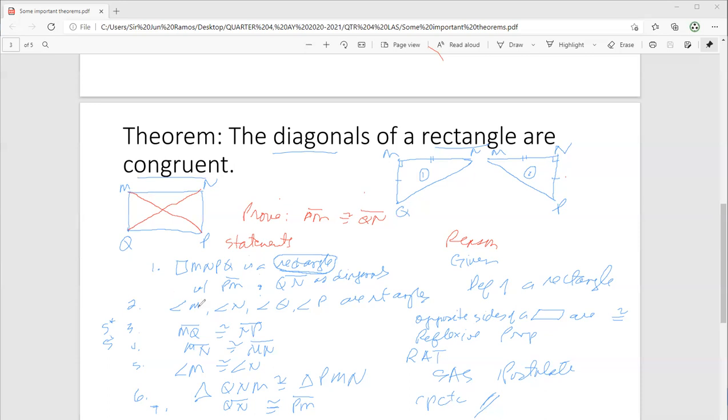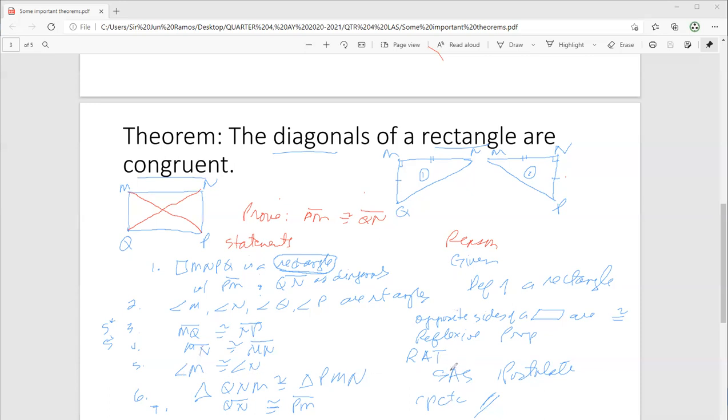Okay, we said that MQ here is congruent to NP because opposite sides of a parallelogram are congruent, meaning that it is a property inherited by the rectangle from the property of a parallelogram. And we can see clearly that MN is being used by the two triangles, so MN is congruent to itself, by the reflexive property. And we just have to find one included angle, M and N. Since both M and N are right angles, we can say angle M is congruent to angle N.